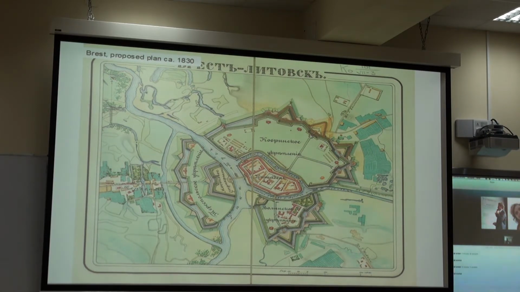It's just to show what happened to the city when the military need was more than the local population need. So the Russian Empire established the fortress there, and then if you move to the next one,